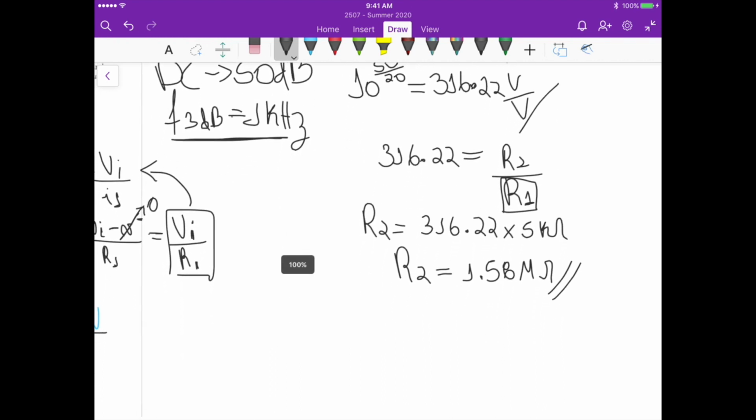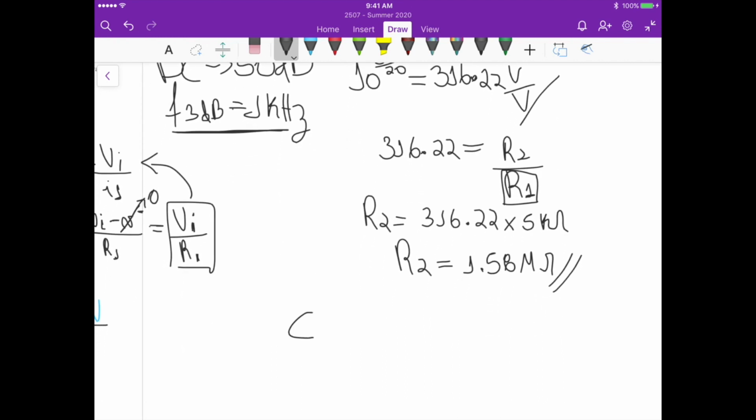If we isolate C in that equation, C is equal to 1 over 2 pi times the 3 dB frequency times R2. This means it's 1 divided by 2 pi times 1 times 10 to the 3